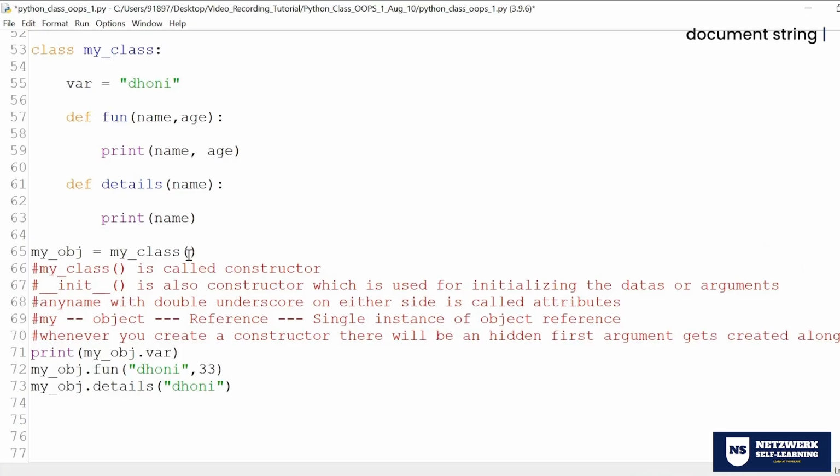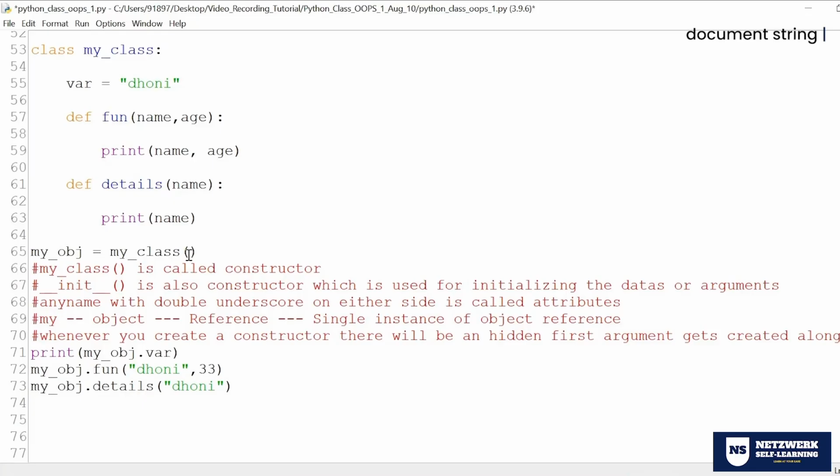This is an empty constructor. Empty constructor means it has parentheses but nothing inside, as far as you think. But there is always one hidden argument. That's what I gave at line number 7. Whenever you create a constructor, there will be a hidden argument that always gets created. Always, at line number 70, now there is one argument that got created.